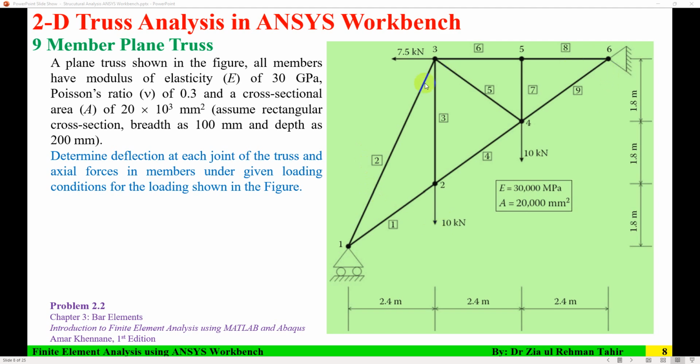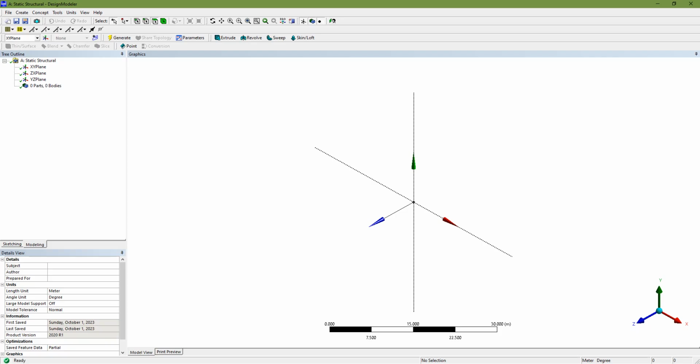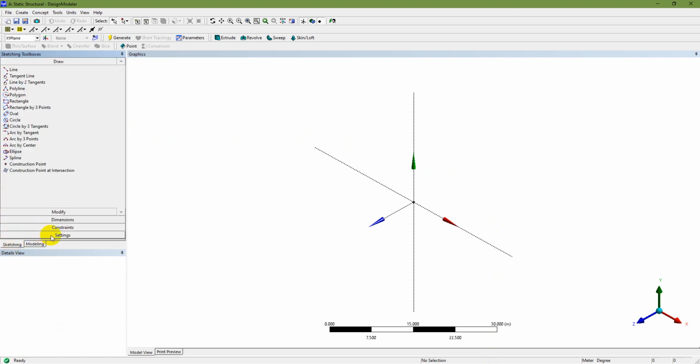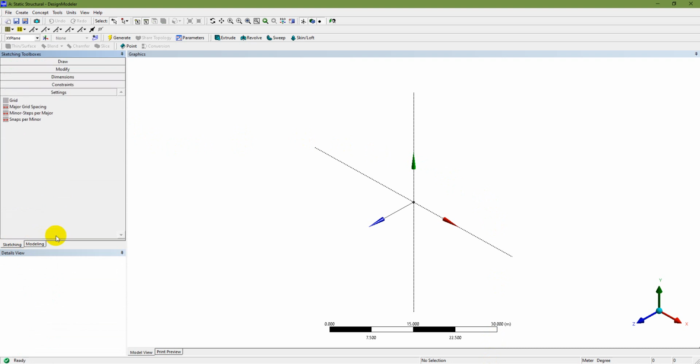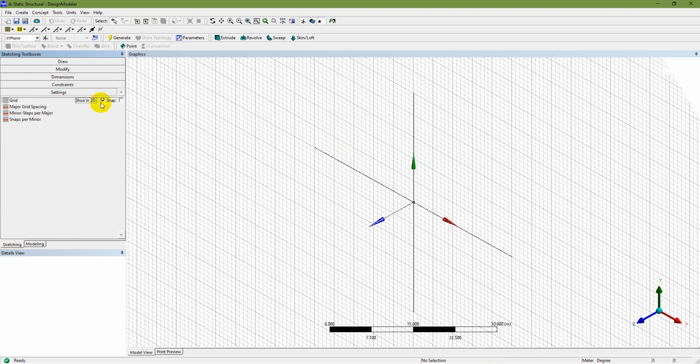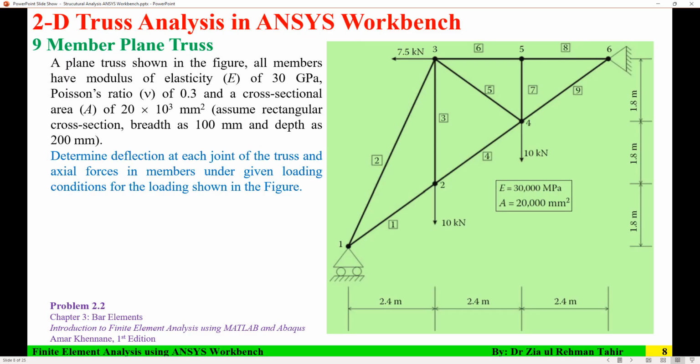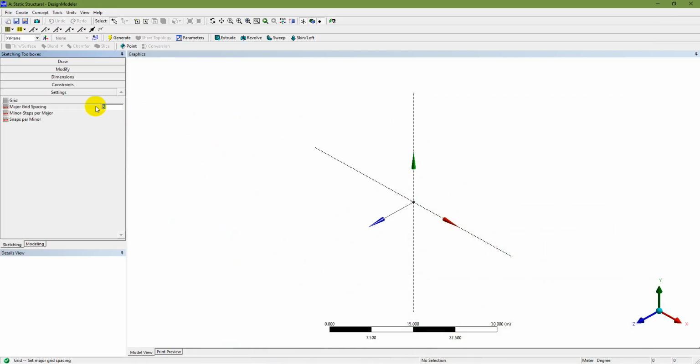The plane truss, and I want to draw it in the XY plane. So from here you select that XY plane and then go to sketching. First I need to go to settings and add grid, and then measure grid spacing based on what we have here. So I am going to set it as 1, and before that you need to go to change unit,